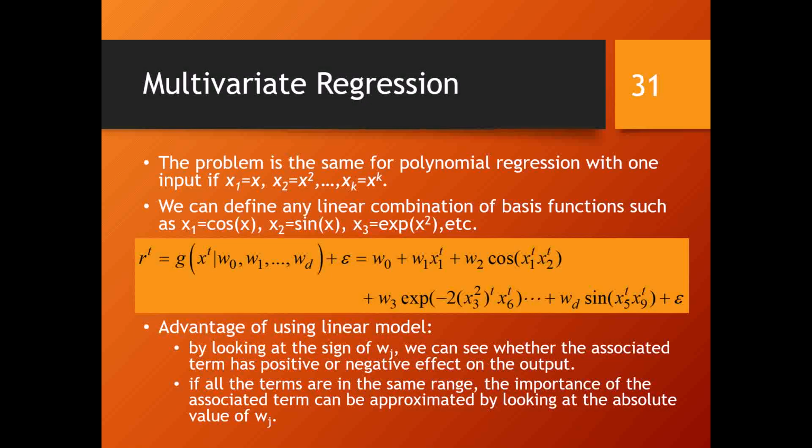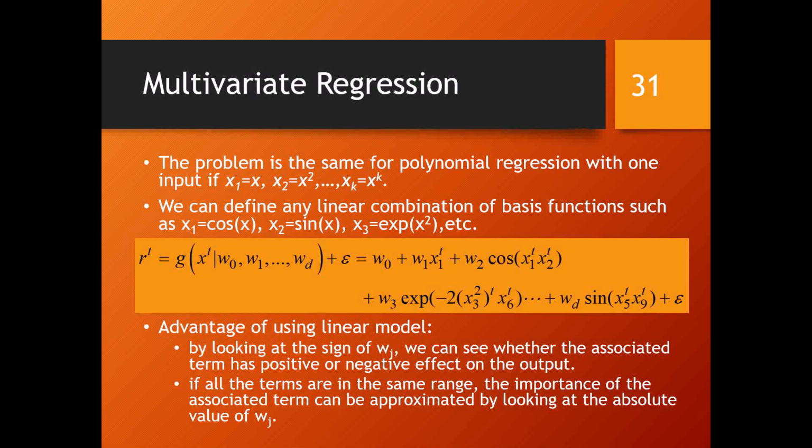You are given this, and this A is like this. I will give you x1 up to x9 and A. Then A is generated this way. So how do I do this? Okay. The way we do this is we call this basis function